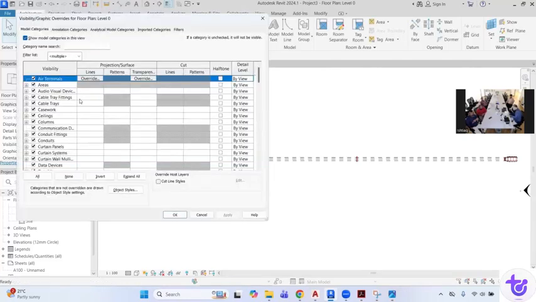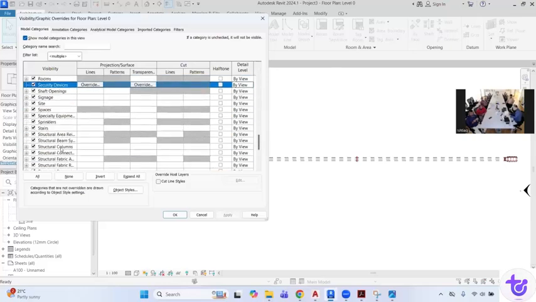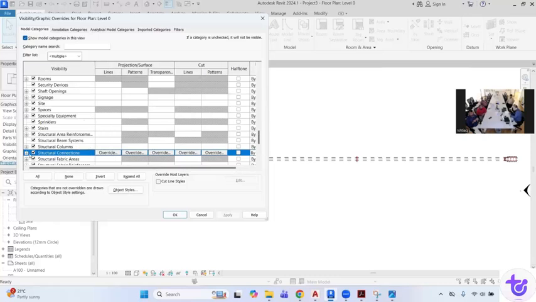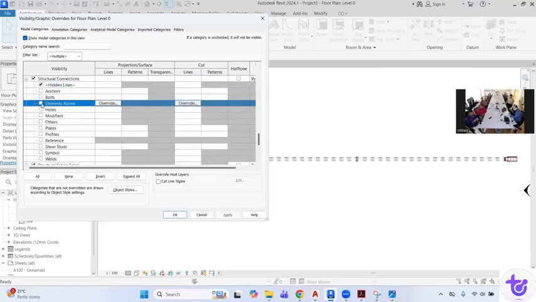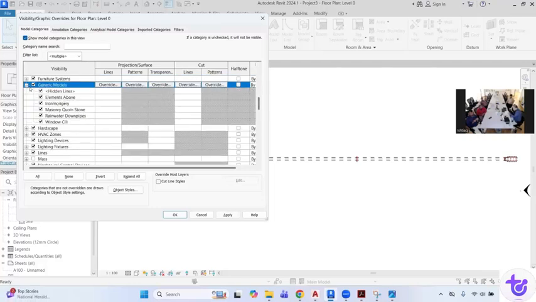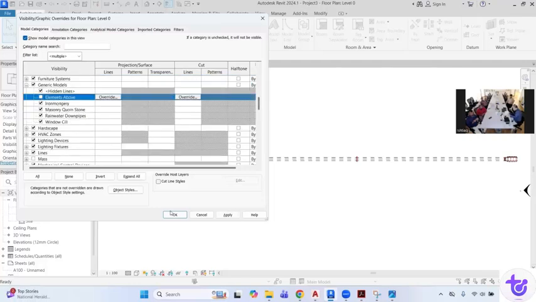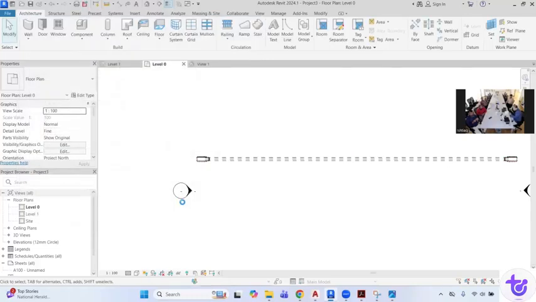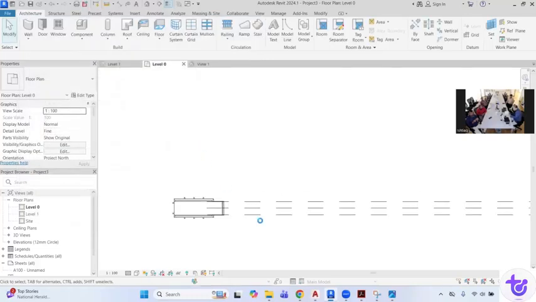And then again, there are 3 categories. The second one is the structural connections. Again, you have to go to elements above. And then the last one is the generic model. Again, you have to go and turn it off in level 00. So now you are not seeing anything which is